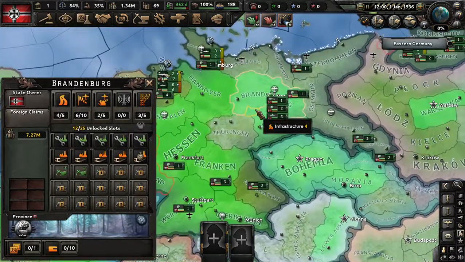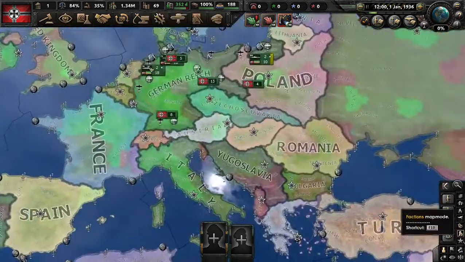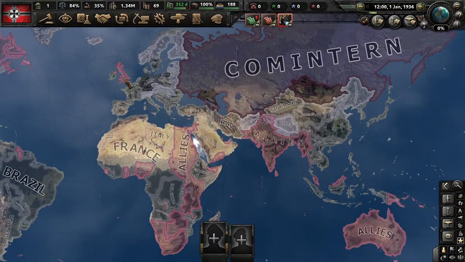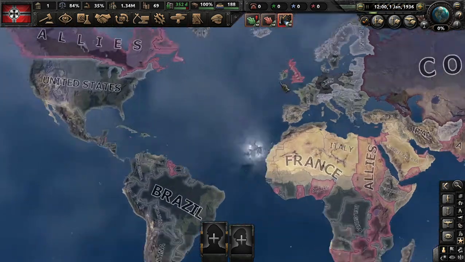Infrastructure, which just shows you the world's infrastructure. And factions map mode, which shows you which factions. Like so, Britain would be in the Allies, Germany would be Axis, Soviet Comintern,